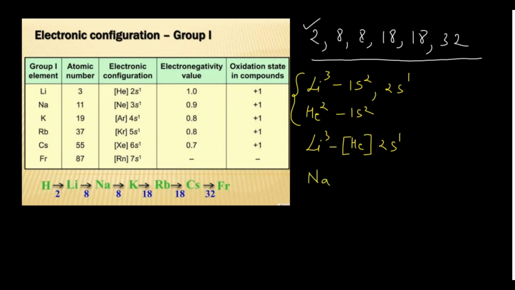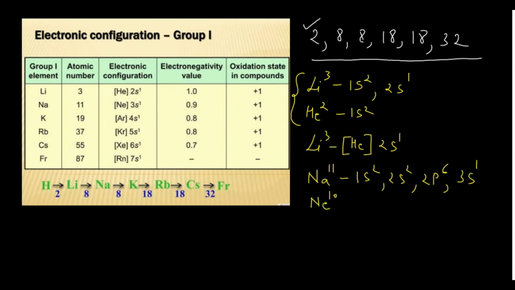I am writing the electronic configuration of sodium. Sodium is what? 1s2, 2s2 and 2p6 and 3s1. Because these are the s block elements, it is mandatory that the last electron will go into the s orbital. Okay, and now if you check the electronic configuration of your, say, neon